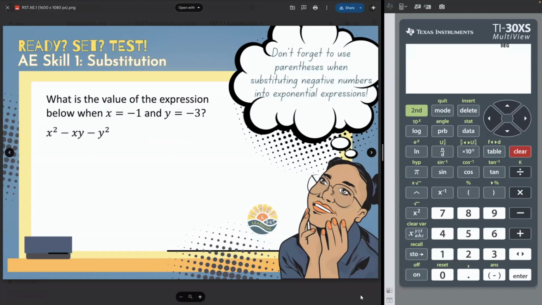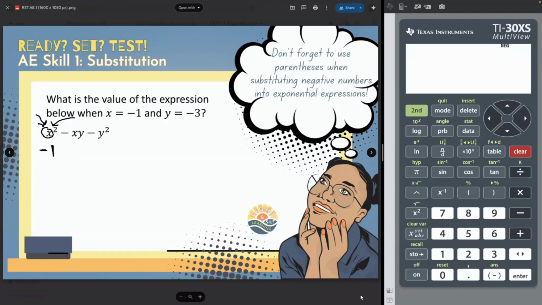So let's start the way that I want you to do so that you're prepared. So what I'm going to do is the first thing I see in my expression is X. I'm going to trade out that X for a -1. But I need to remind you, remember that whenever you are putting a number into an exponential expression, what do